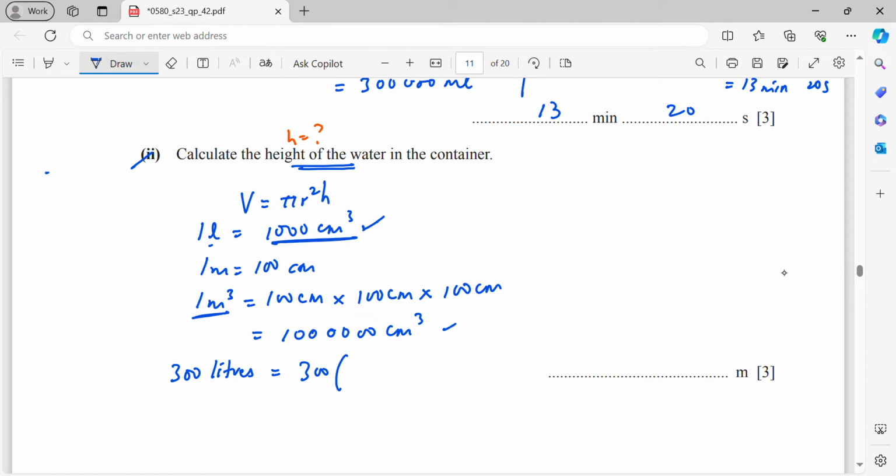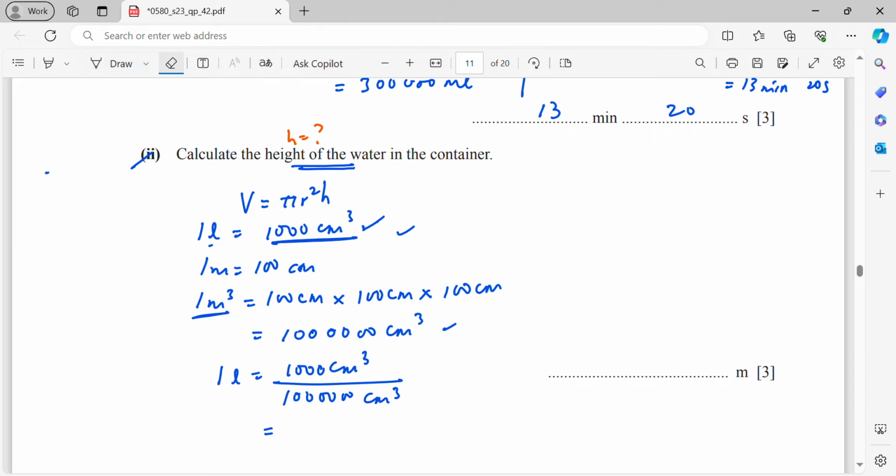That means, in general, I will write this first. So I will say my 1 liter is basically 1000 meter cube over this much. So this is going to be